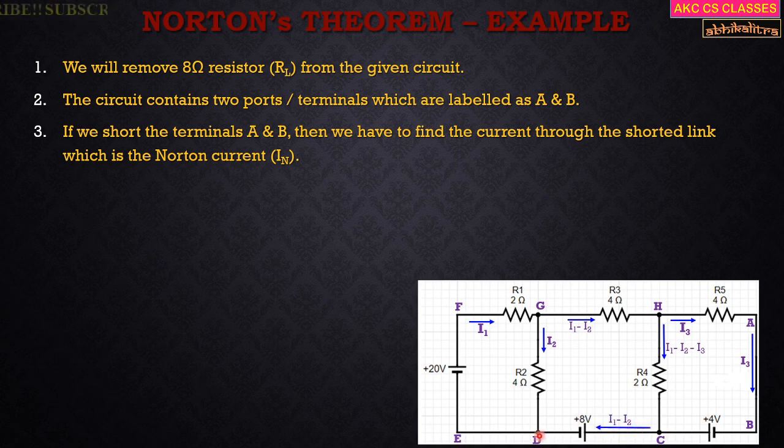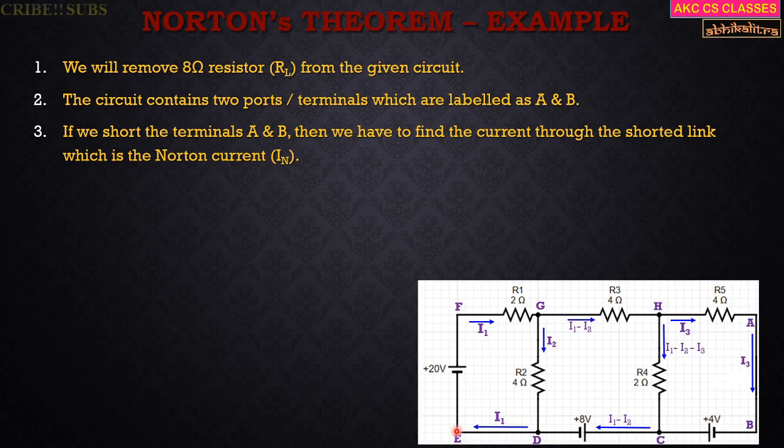So if I1 minus I2 is entering the junction D and I2 is again entering the junction D, then these two currents are considered to be positive, again added up together. So if these two are added up together, then I2 gets cancelled out and we are only left with I1, which has to leave junction D because these two currents are entering junction D. So I1 has to leave junction D.